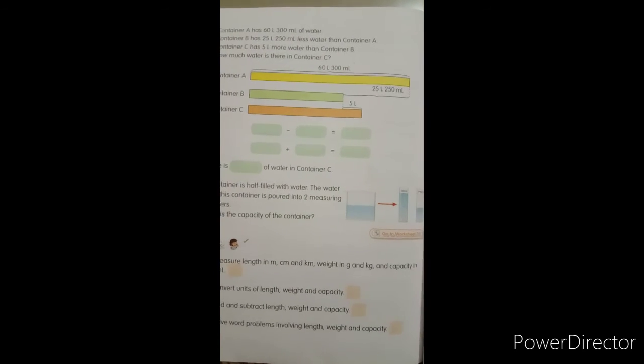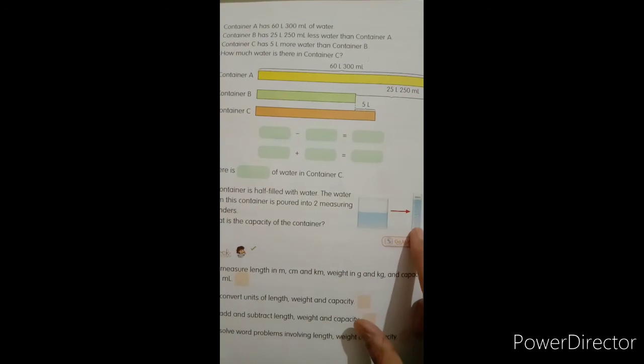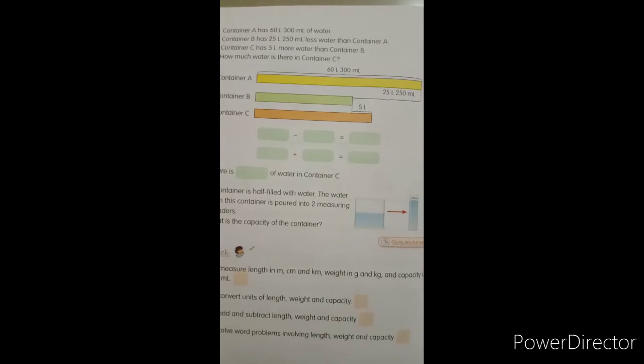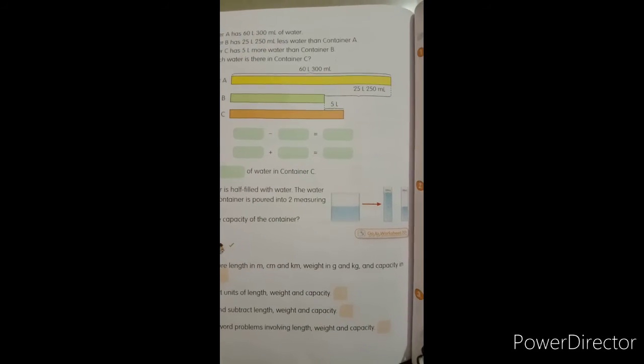It means when this half filled container is poured into these small cylinders, we find its capacity through this measurement. So first of all, the capacity of the larger cylinder